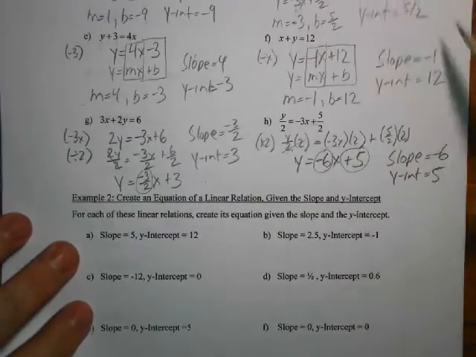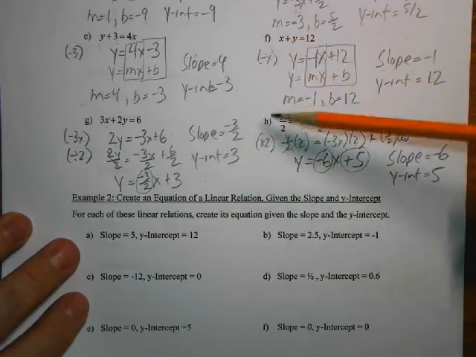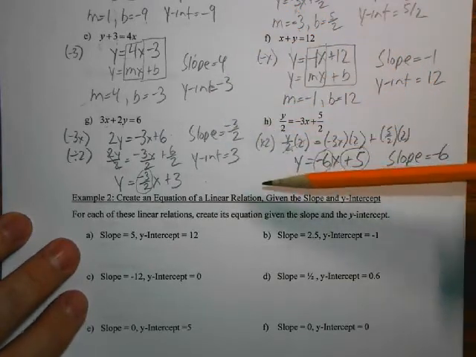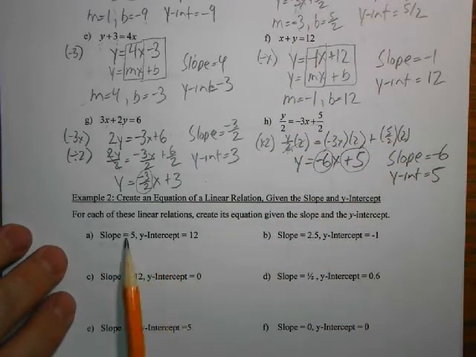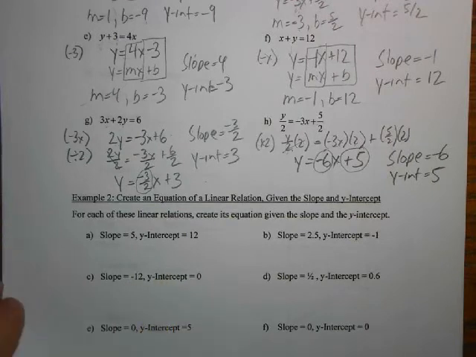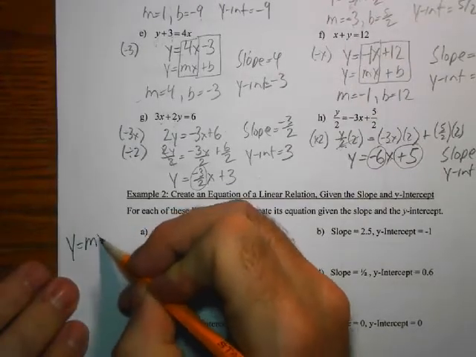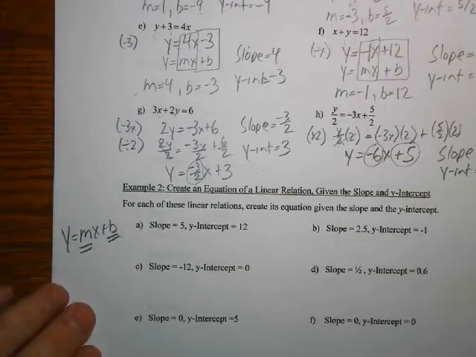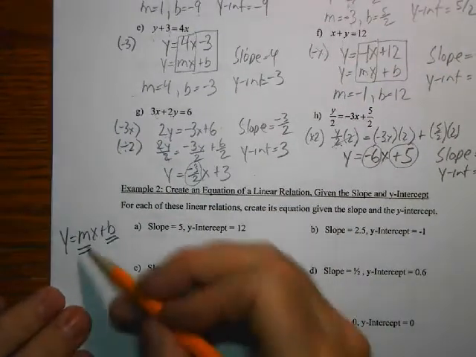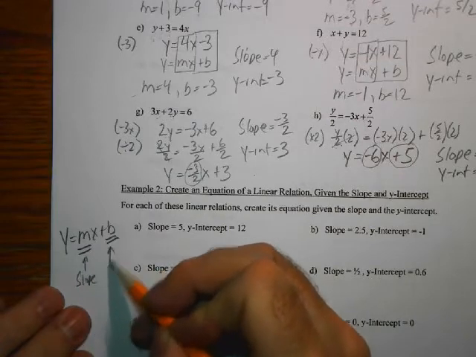So in example 1, I gave you the equation, and we used that equation to come up with the slope and the y-intercept. Here, I give you the slope and the y-intercept, and we build the equation. Okay, so remember the equation, it's always going to be y equals mx plus b. So m and the b will be the numbers. We actually get the numbers. That's the slope,